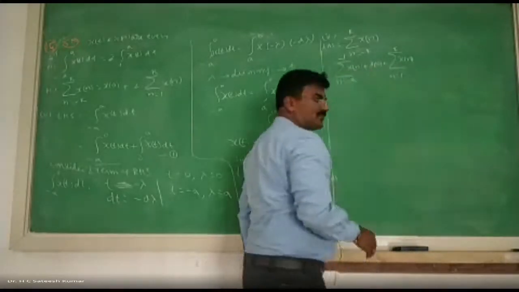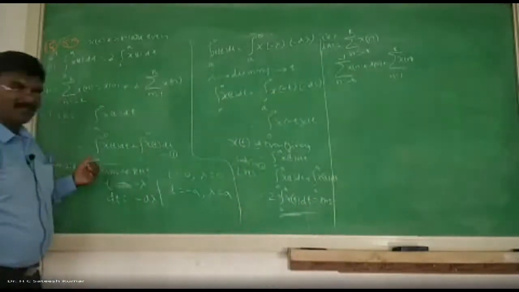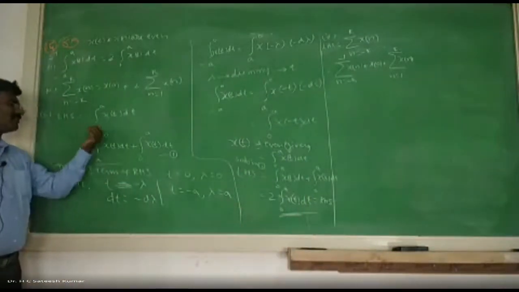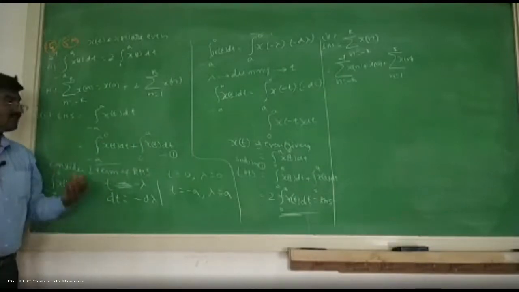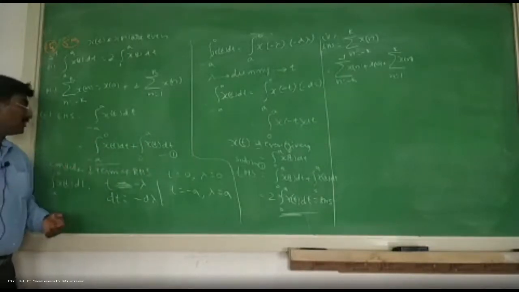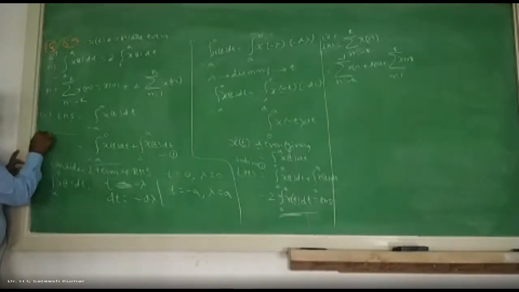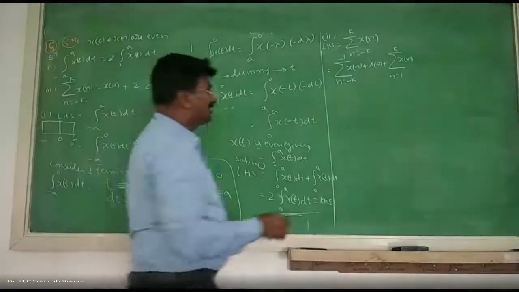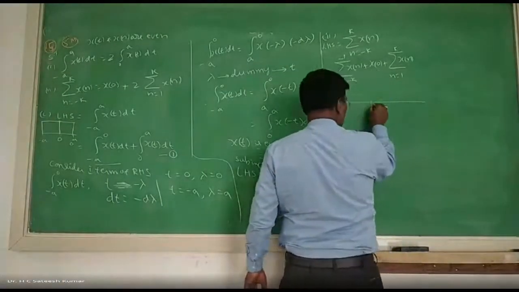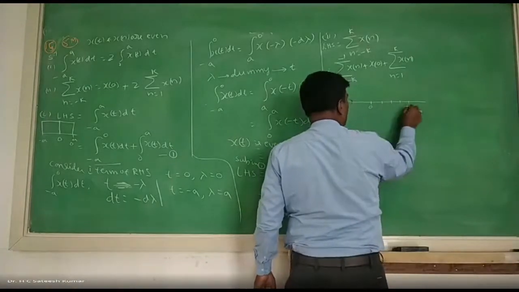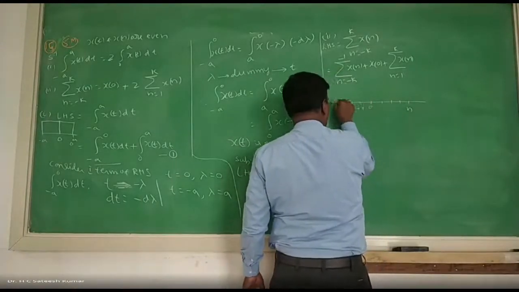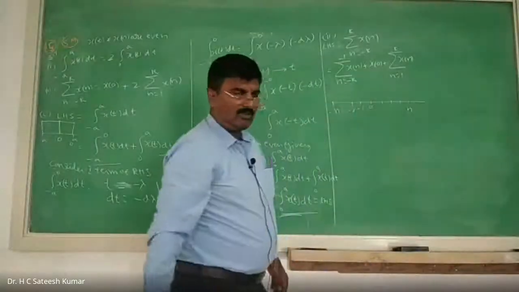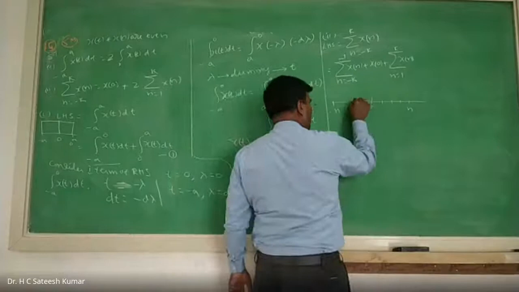Sir, how can we write it this way? Why can't we split it like the other way? For a continuous time signal, we can write minus a to 0 and 0 to a. But when you are going for discrete, we cannot do that. If it is minus a to plus a, and you say minus a to 0 and 0 to a, we can take it in continuous time, because from the same point only it will start. But discrete is not like that. When I say discrete elements, 0, 1 element is there, 1, 2, 3, 4, and so on up to n, and minus 1, minus 2, and so on up to minus n. So all the elements are there at all the points.